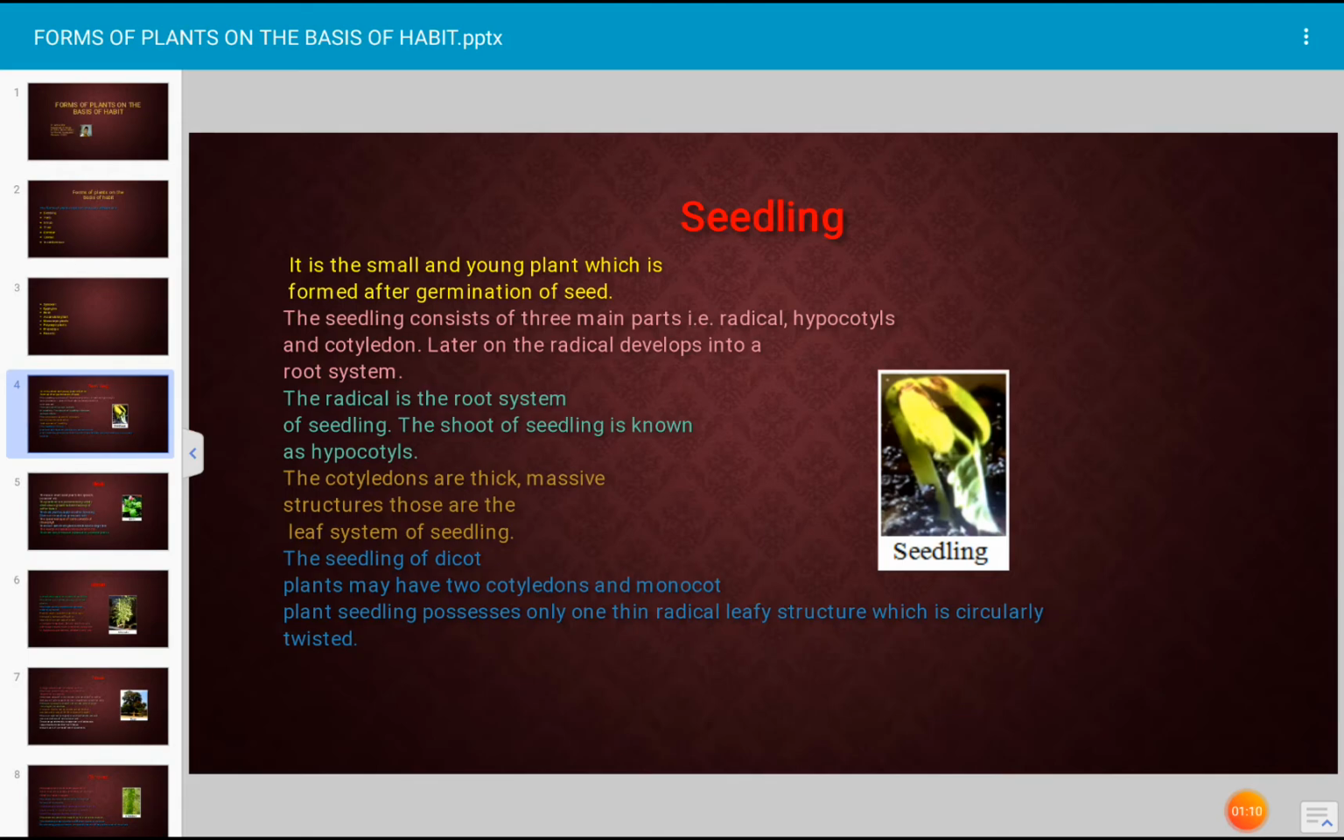The cotyledons are thick, massive structures. Those are the leaf system of the seedling. The seedlings of dicot plants may have two cotyledons, and in case of monocot plants, the seedling possesses only one thin radicle leaf-like structure which is circularly twisted. Next,